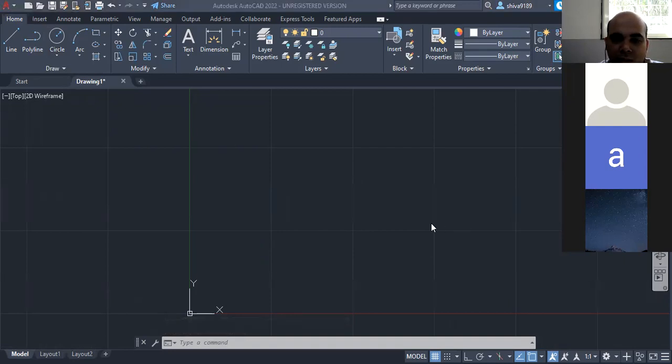Sir, it's kind of similar to Blender. Yes, it is similar to Blender, but Blender is a little higher version as compared to AutoCAD, we can say. AutoCAD is the basic part. So the basic part is what we are doing here. And slowly, as you become a professional in this, you can work in Blender at a very, very higher level. So with this, I'll just stop the share right now.